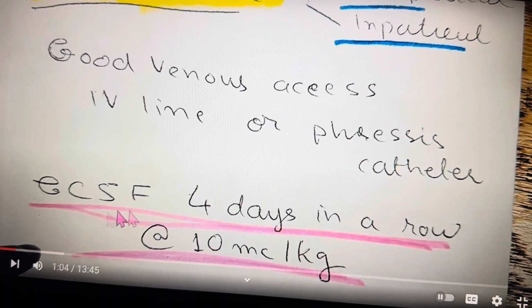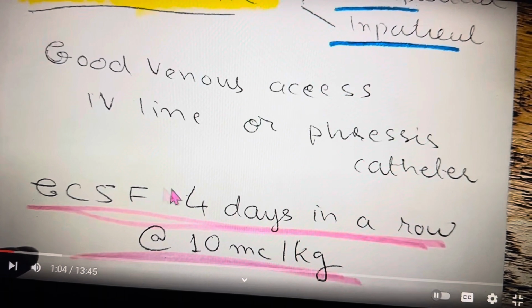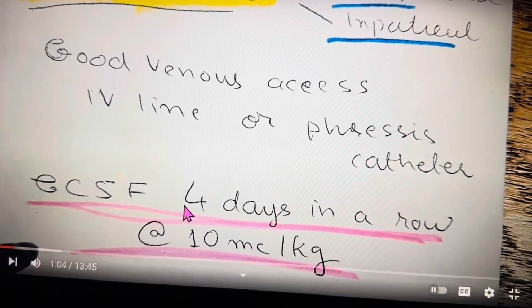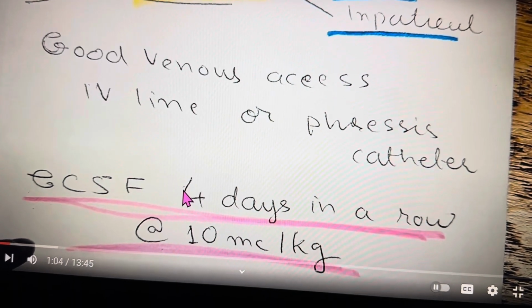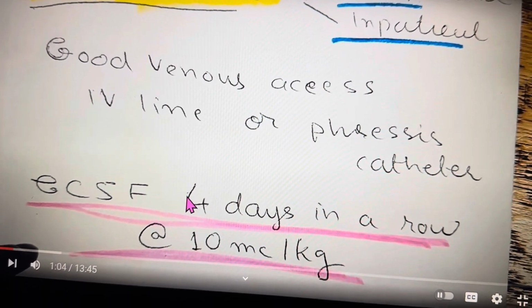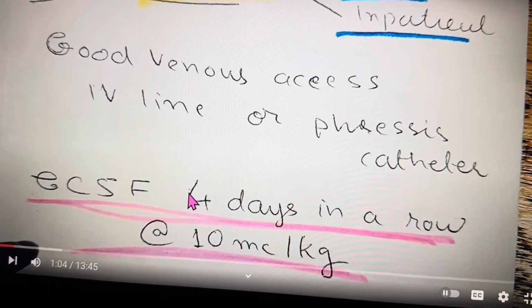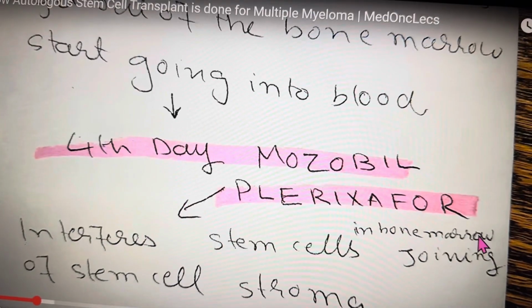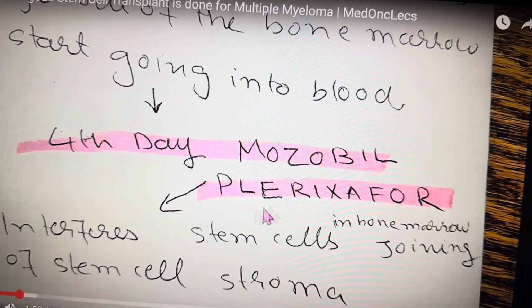This dosing is from my notes on multiple myeloma, but the same principle applies here. GCSF would make the stem cells produce more CD34 positive cells. We give GCSF for 4 days, and then on the 4th day we give the patient this medication,